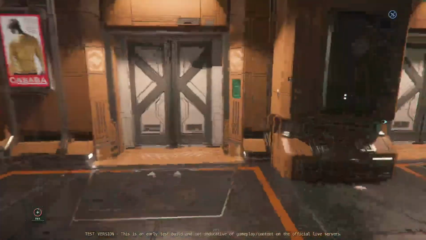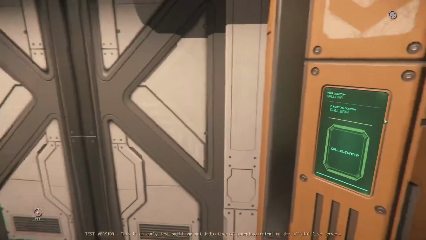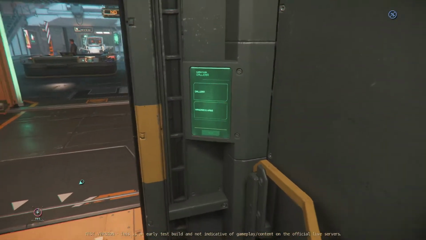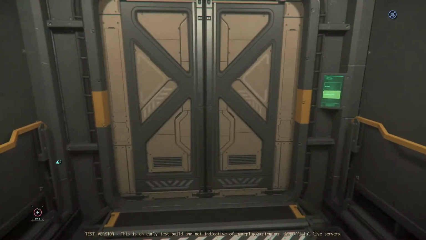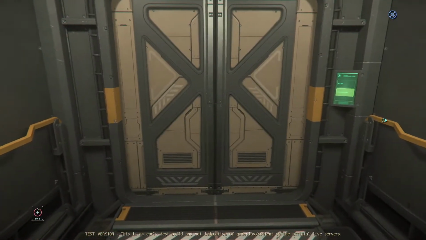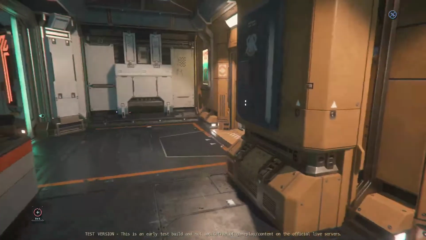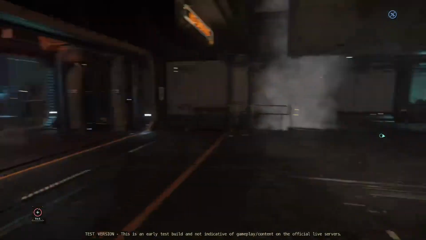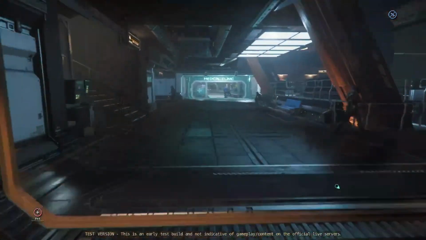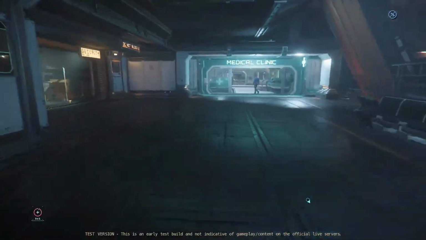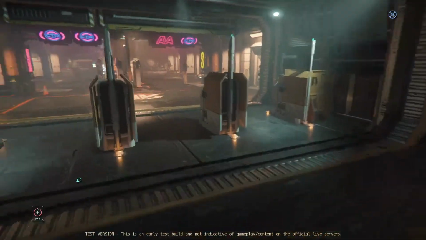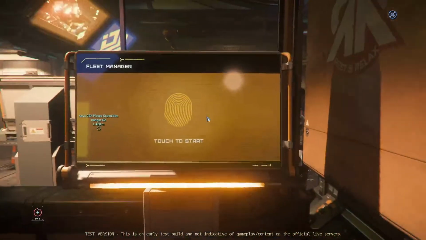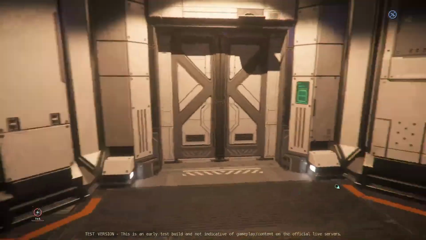So let's use this elevator this time because it was a bit glitchy at the bottom, wasn't it? It was just a black hole with no doors. So we're going to go back to Hangar and Habs. But yeah, it's working now. I am interested to know what causes the loss of health just by not wearing a helmet. I mean, I've travelled this galaxy time and time again in my underwear. Oh, it's at Hangar 2. We don't need to